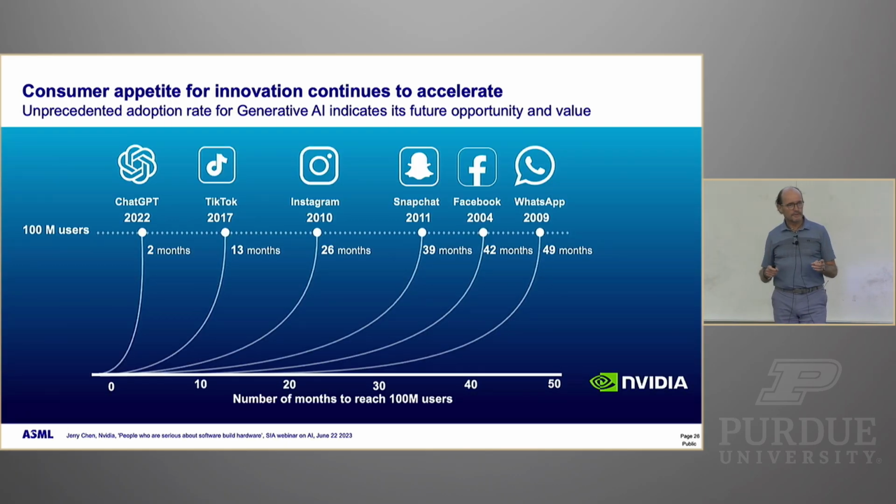Now, a lot of that is also driven by all of you, because you become more and more impatient. You know, in my generation, some new technology, and 3 years later, somebody would buy it. When WhatsApp launched in 2009, it took 49 months to get to 100 million users. And ChatGPT did that same thing in 2 months. So it's all of our appetite for technology that is driving this.